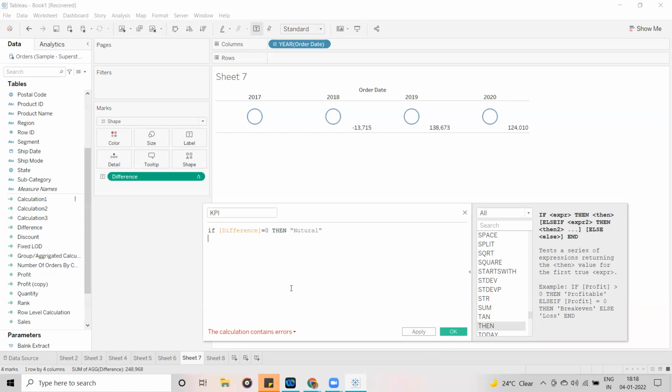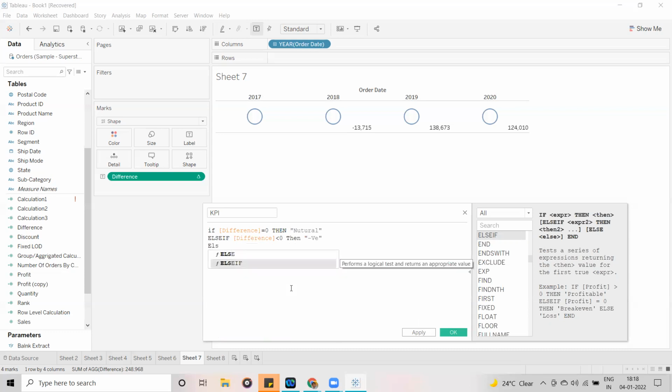So now I am using else if difference less than 0, then negative.